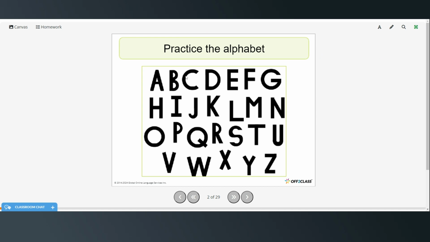B, C, D, E, F, G, H, I, J, K, L, M, N, O,